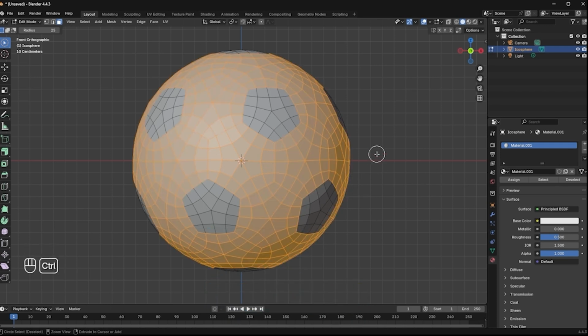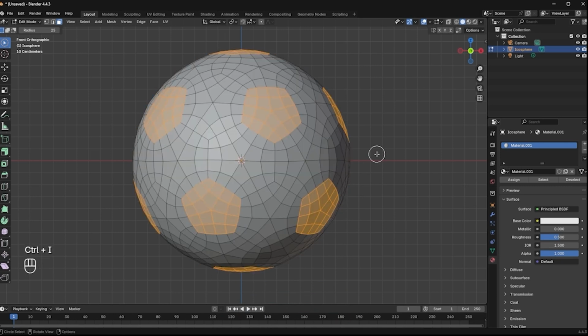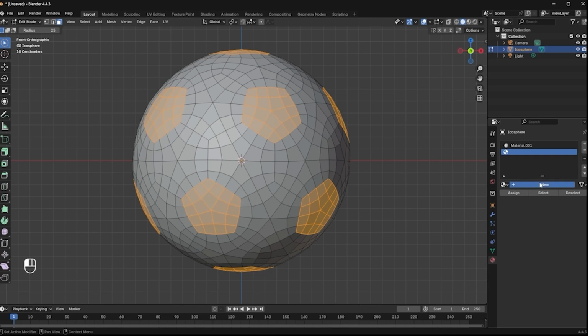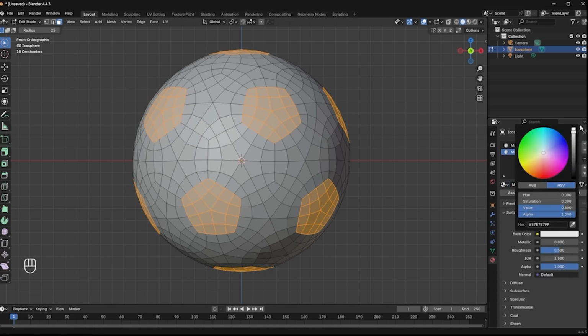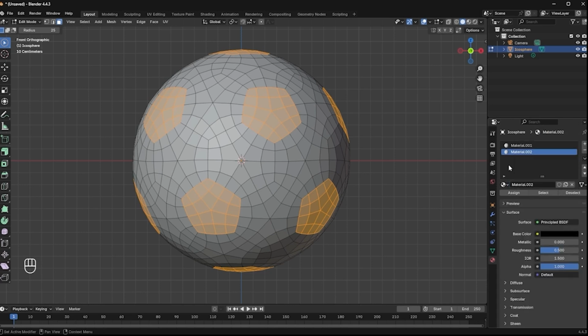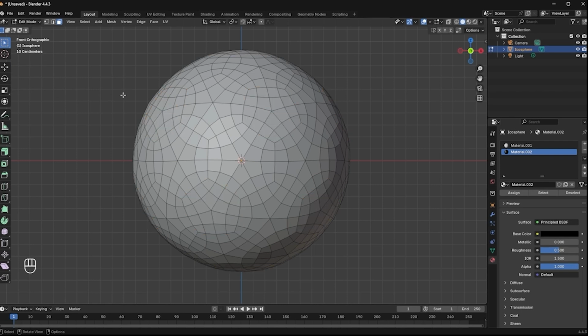Now I press Ctrl and I to invert the selection. After that, I assign it another material, giving it a different color, black. Then I click Assign as well. Okay? Alright, now I come over here and select the box, or what is sometimes called the rectangle select